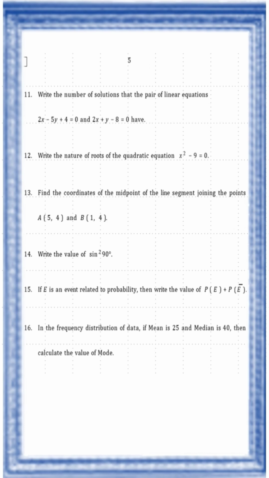Here also just do it in mind, or you can scribble, then write the answers directly. Here 2 by 2 is 1, and minus 5 by 1 is negative 5. So a1 by a2 is not equal to